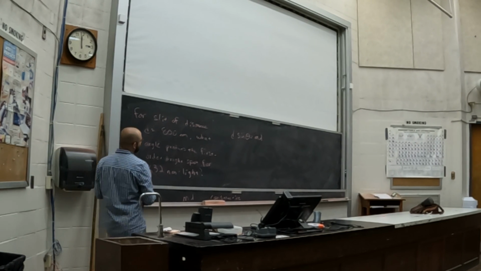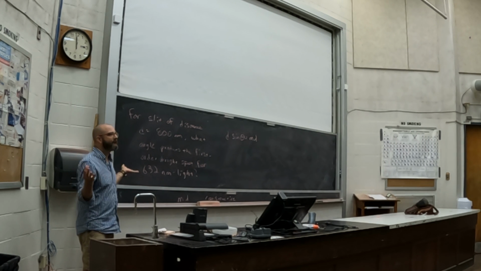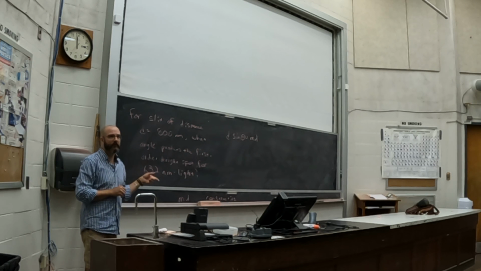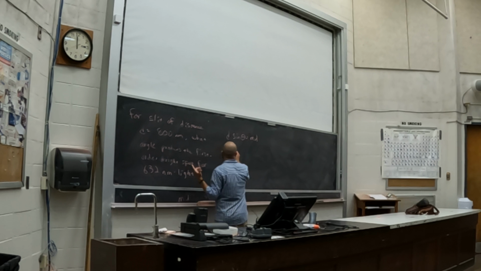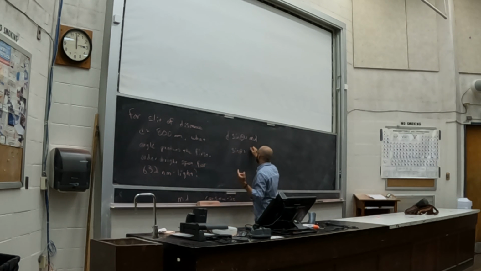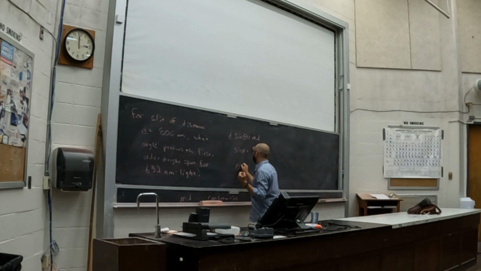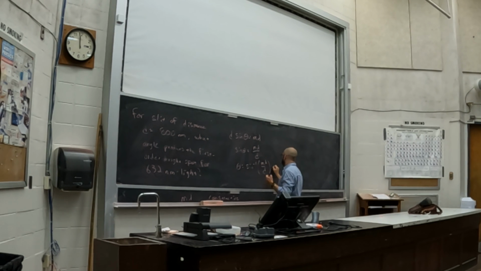Okay, so d sine theta. I know lambda, I know d. What is m? 1. What led you to that conclusion? First order. I'm going to match that. So I know everything except for theta. Let me just go ahead and solve. Sine of theta is equal to m lambda over d. And that means theta is equal to the inverse sine of m lambda over d, which is equal to